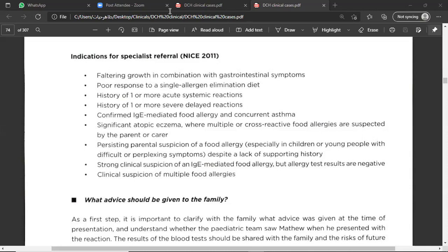But actually you should admit, because it can have a delayed reaction, and with a delayed reaction the child can die. So you should admit. Confirm IgE mediated food allergy and concurrent asthma. So with any allergy, you should rule out asthma and atopic dermatitis, and significant atopic eczema, where multiple or cross-reactive food allergies are suspected,